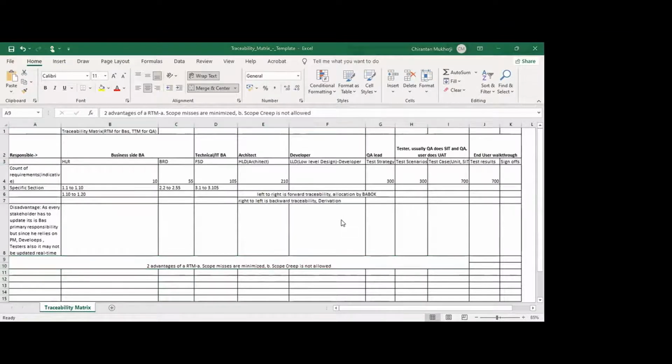Sir, I have a question. I just wanted to understand. There are various organizations where the traceability matrix is not in place. So if in an interview we are asked regarding the traceability matrix, I can explain what the traceability matrix is, but I have not worked on it. I have not maintained it.